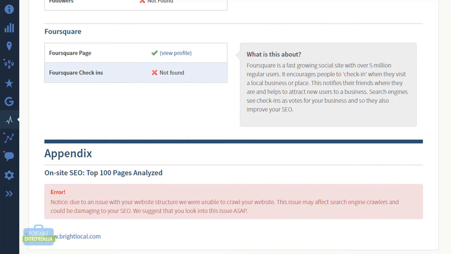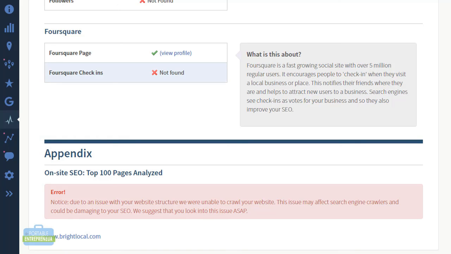Now, since this particular site had an error, it's not going to show the appendix information either, because it has to be able to crawl the site to do that. So this is actually something that normally you're not going to run into, but it will list an analysis of all of the on-site SEO here, and that all is very, very important. That tells you specific things that you can do to the actual business website in order to improve its rankings and to make it more search engine friendly, make sure that it's better optimized for the keywords that you're going after. So again, this is good to give you a quick overview of the work that needs to be done,